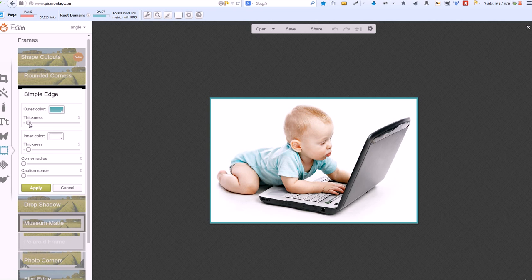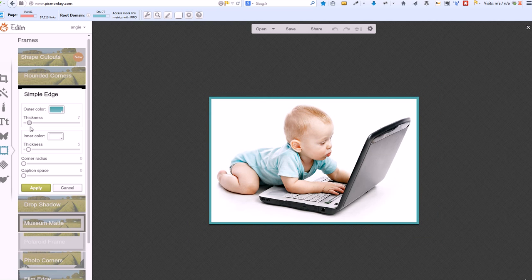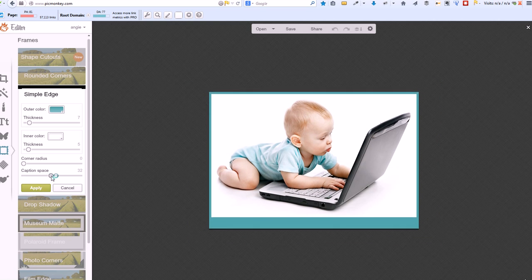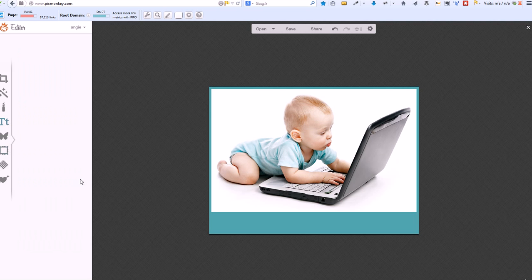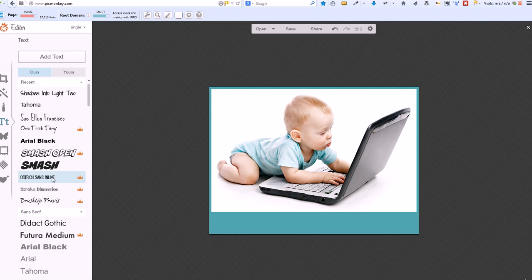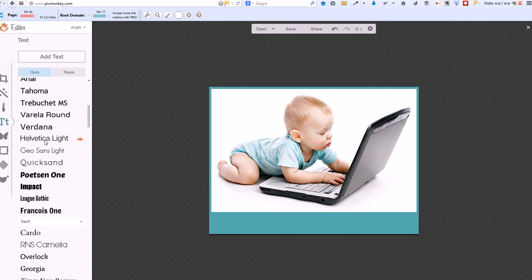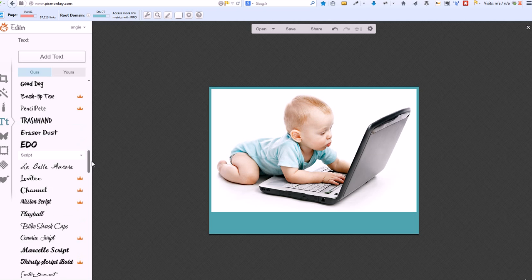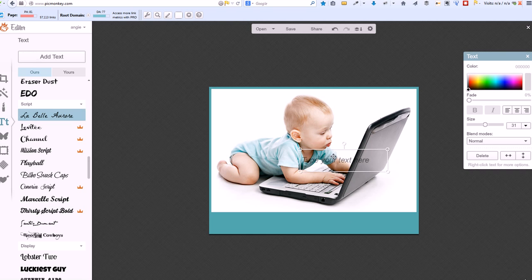Now say you can adjust the thickness, you can add space for a caption to go underneath, so we might want to put a caption underneath. Let's apply that, and if we want to put a caption underneath, with PicMonkey, anything that's got this crown symbol is a paid for function. Everything else is fine. So let's just pick a nice text and we'll click add text,